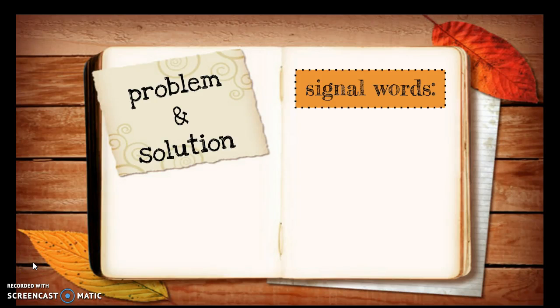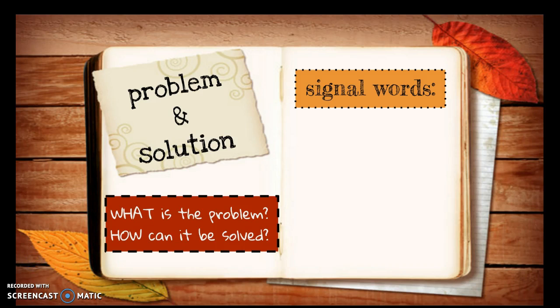The third text structure is problem and solution. So you're looking at the third row back in the trifold foldable booklet. Problem and solution: the questions we ask ourselves are, what is the problem and how can it be solved? And throughout the reading, we should be able to identify the answers to those questions to determine that the structure